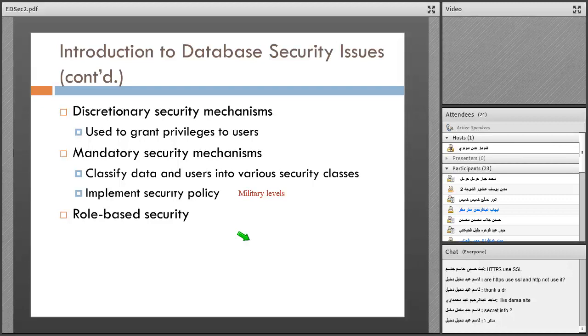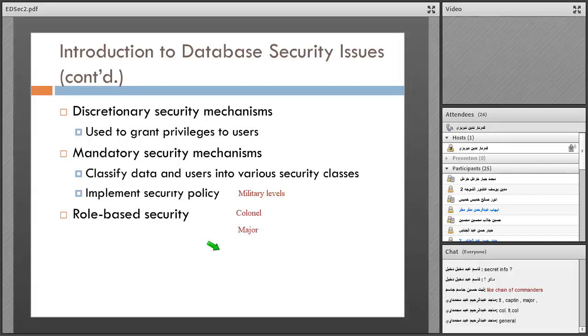For example, I don't know the exact English definitions, but we have colonel, for example, in one level, and we have major, I think, captain, and soldier at the lowest level actually.